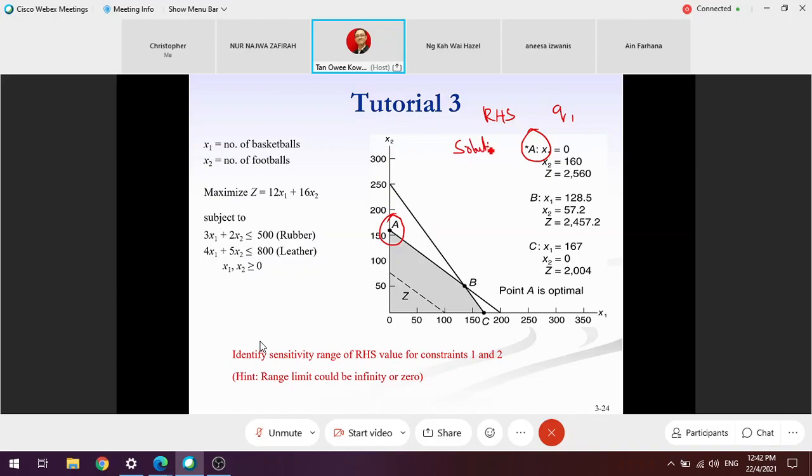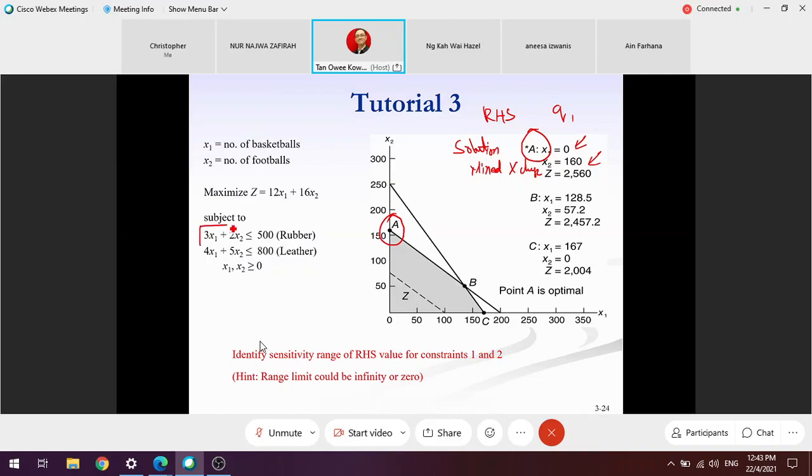The solution mix unchanged, no change. Okay, optimum point A suggests to produce 0 basketball, produce 160 football. So now you see, if I follow what I shared with you previously, now I want to